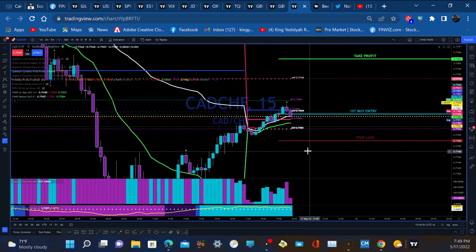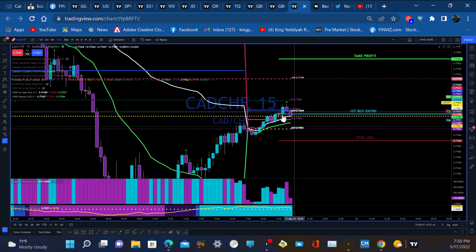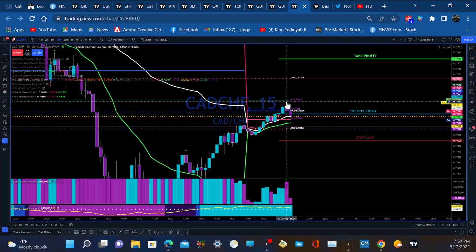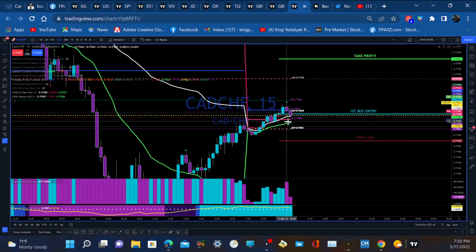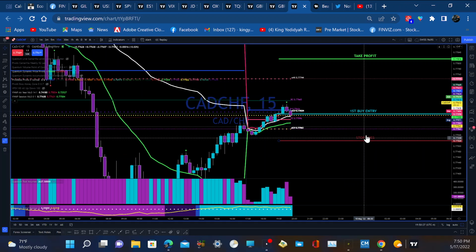So let's see, as we opened here, we started to push up, right? So we're having a little upward movement. Now we're having some rejection at the bottom central pivot. Now if this pivot level here holds, we're still in good contention to get the support right here, which lines up with VWAP and lower VWAP. So this level right here is support. So if we get a bounce here, because this is my first entry long, this first buy entry,